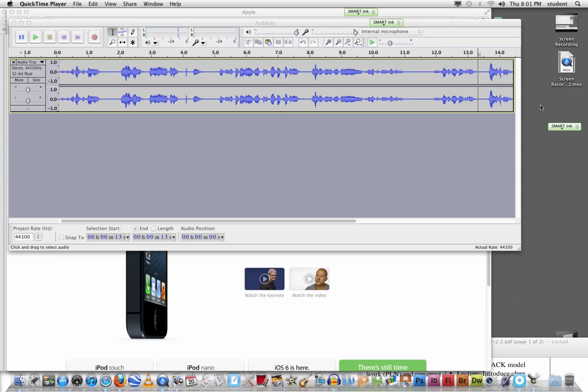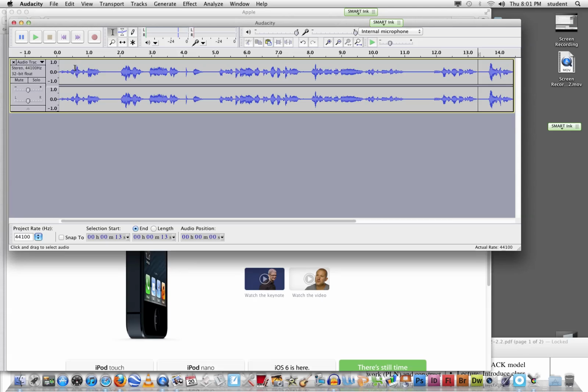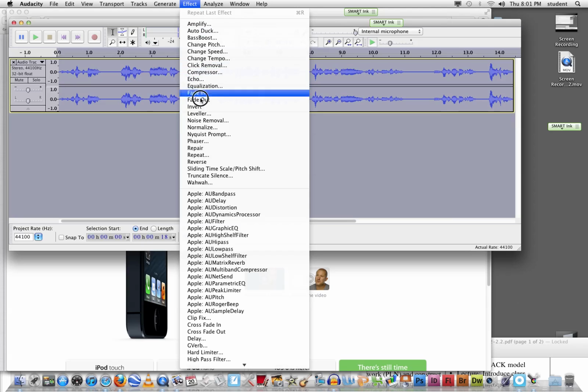Okay, the next step is sometimes you're speaking and someone else is speaking, and there's a difference in the audio quality. So what you can do is click on this, and this is stereo. Later on when you save this, it'll make it just mono, but you can also add different things on the different sides. So once I have this selected, and I know different people are speaking in different tones, I just go to a thing called normalize.